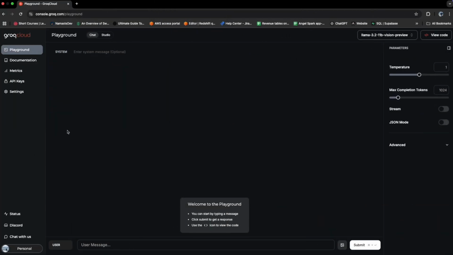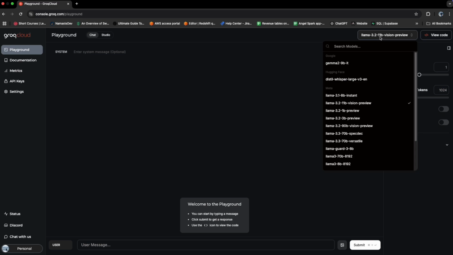In this video, I am going to show you how you can use the very famous Llama 3.2 11B Vision model, which is also available on the Ollama website. But if you try to install it on your system, there is a high chance that you will not be able to use it with the SDK. So in this video I will show you how you can use the already hosted Llama 3.2 11 billion vision preview model, which is on the Groq cloud, with the help of the Groq API directly in your Python code. So let's get started.